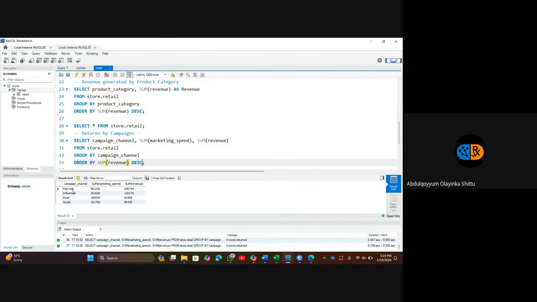So we can see paid ads. Now let's look at it. We spent 500,000. I'm just rounding everything to the nearest whole number. So we spent almost 500,000 and we got almost 245,000, which is like half. Imagine you spend that much on paid ads. So influencer,